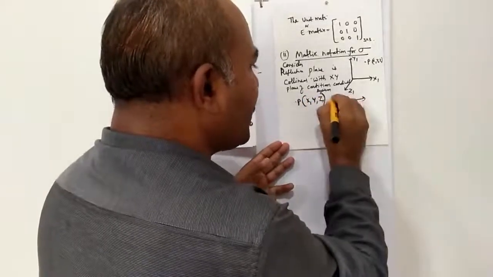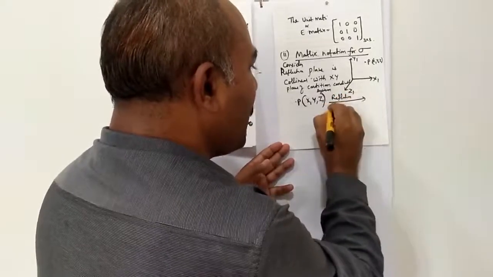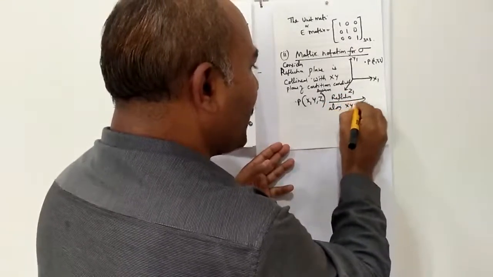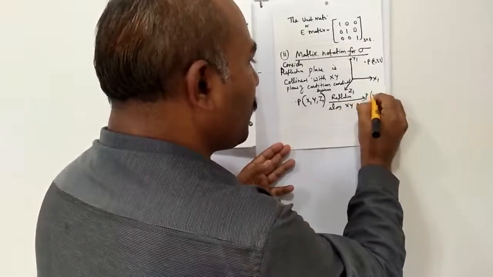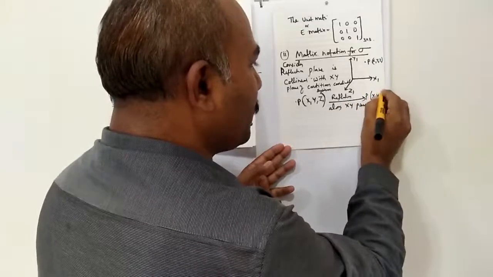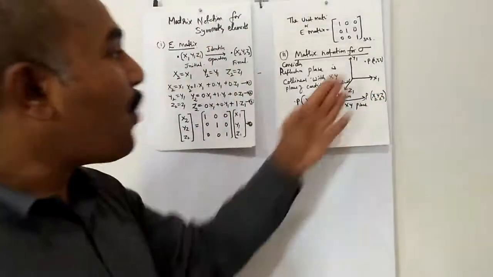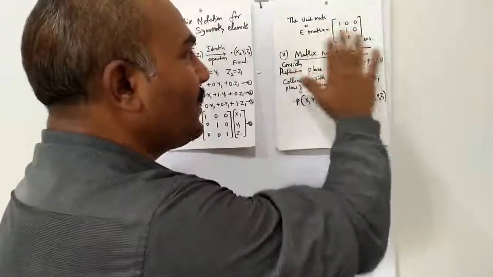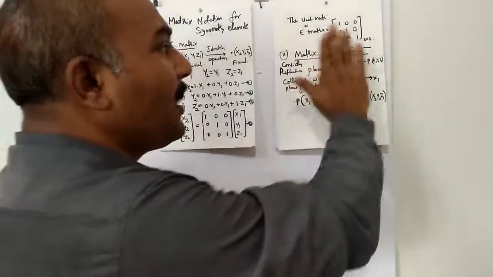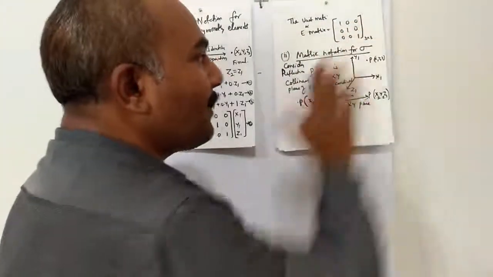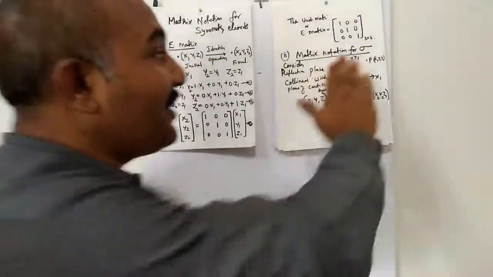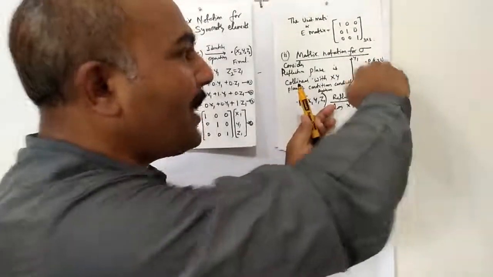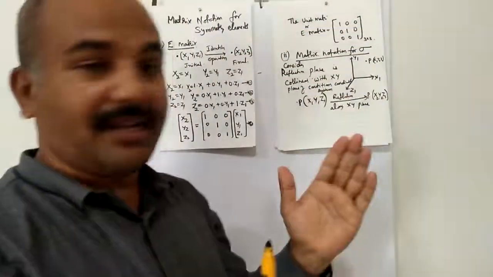So now you take a reflection along the xy plane, then point P changes to coordinates x2, y2, z2. So what changes can you expect when you are taking a reflection? That means the reflection plane, the paper itself, is the xy plane. Assume that. The reflection plane is collinear with the xy plane. There is no change in the x and y coordinates. But when you take the reflection, the point P will come in the z direction, in the opposite direction.